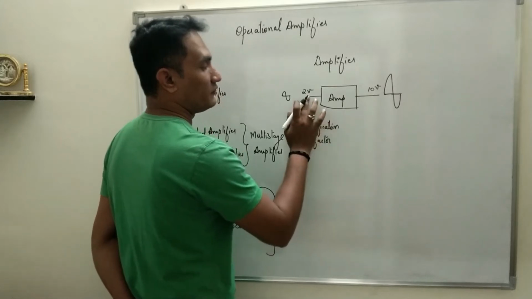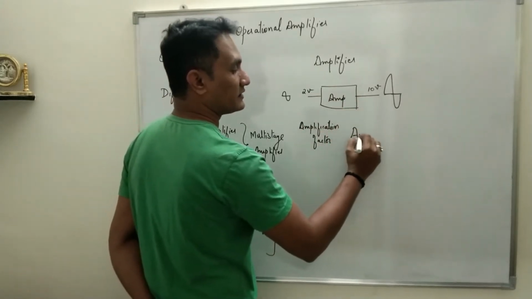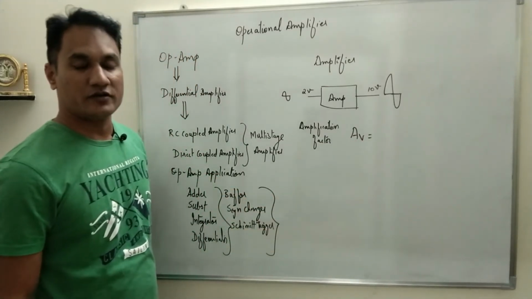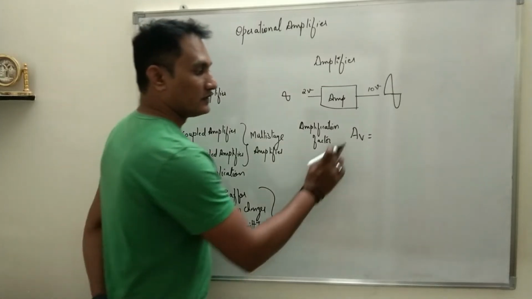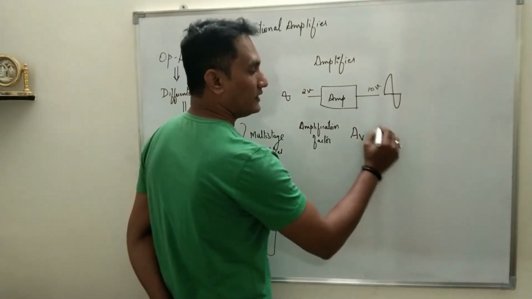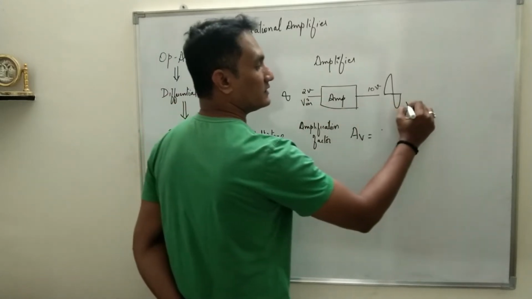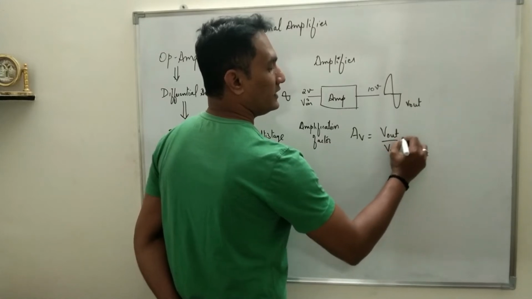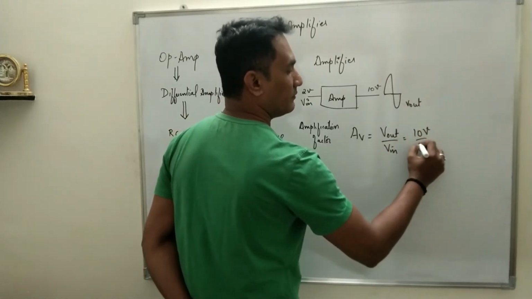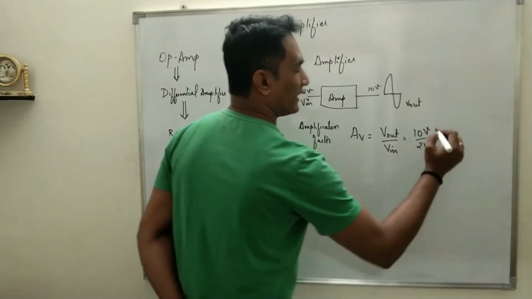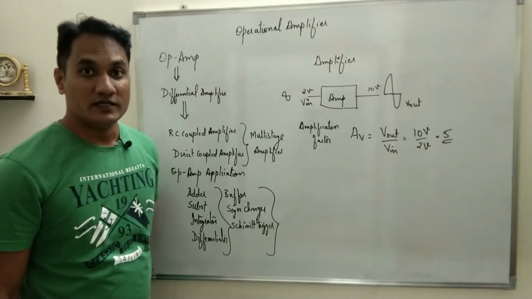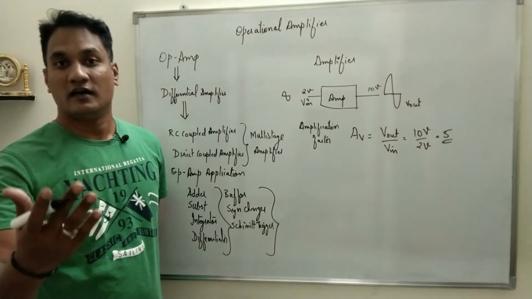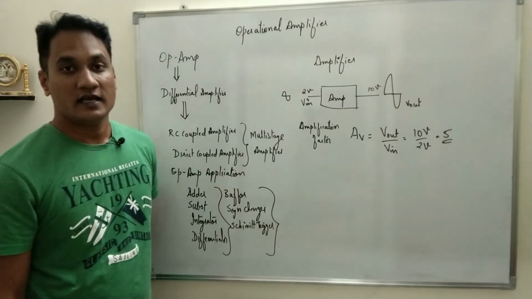factor. Now we have took example of voltage, so the amplification factor will be given as AV. AV stands for voltage. A is the amplification factor and V is the voltage. The amplification factor will be always V out upon V in. That means 10 volt divided by 2 volts, so amplification factor is 5. That means input is amplified 5 times at the output. So such type of circuit is called as amplifier.